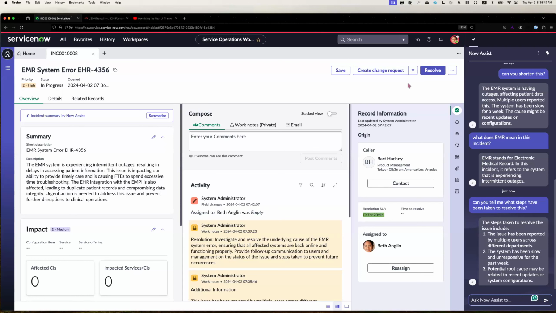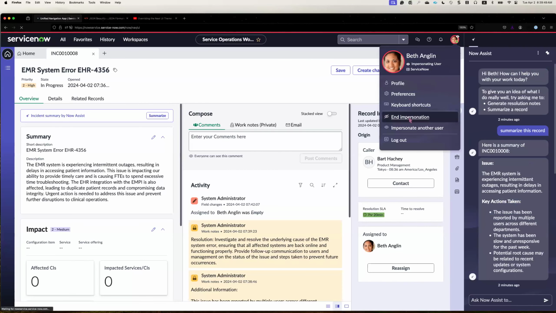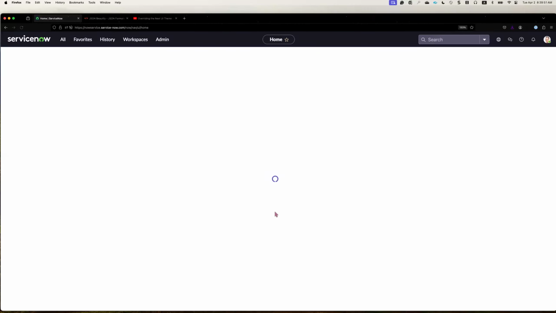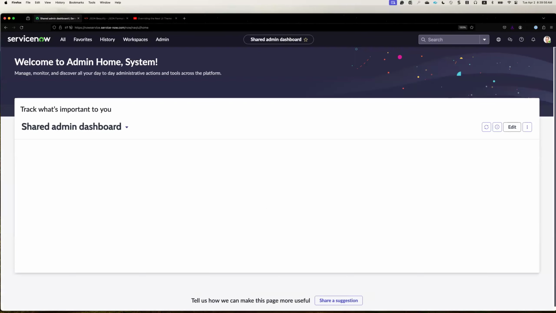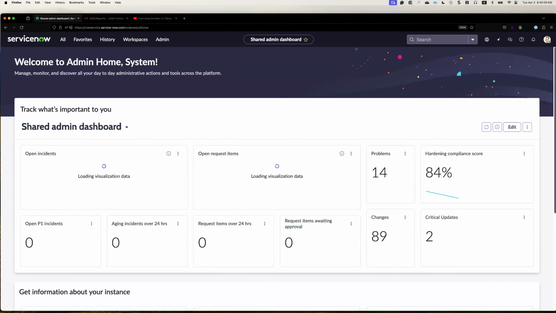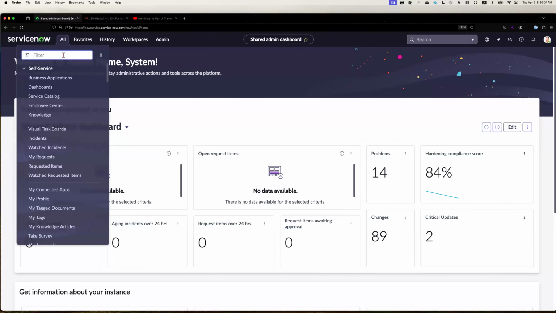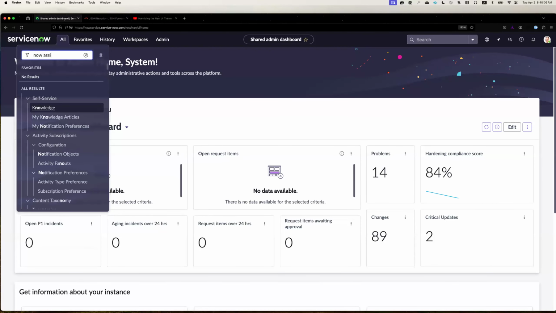Now, if you're seeing this and you're like, oh, I want this, this is perfect, how do I turn it on? Well, what we're going to do is go back to being our friendly system administrator. And to turn it on, you type in Now